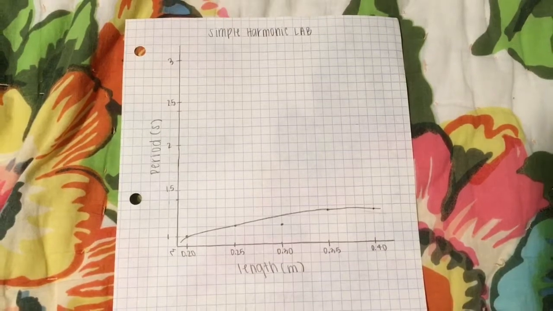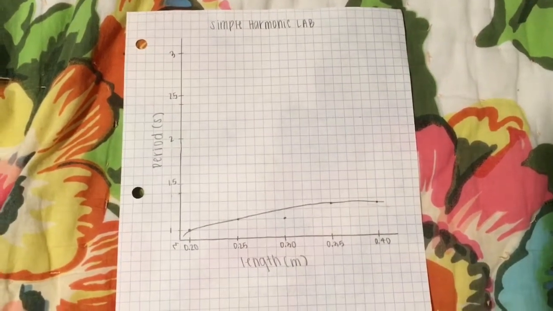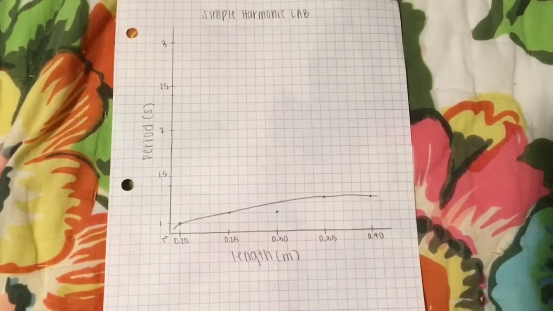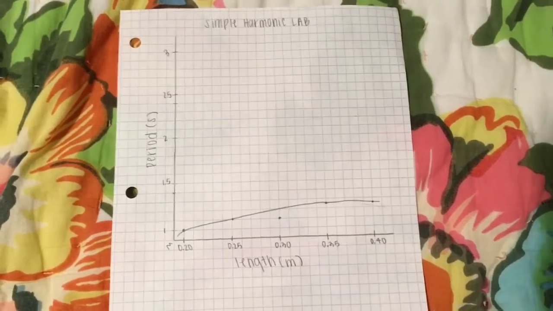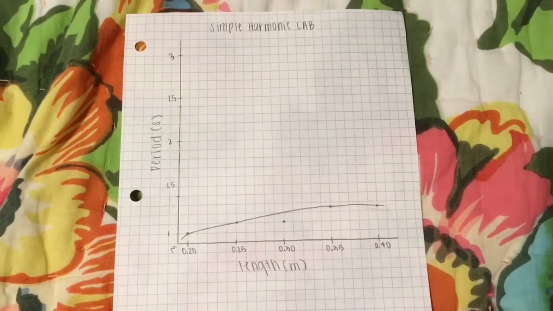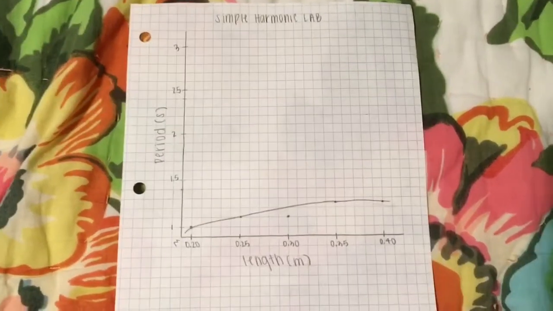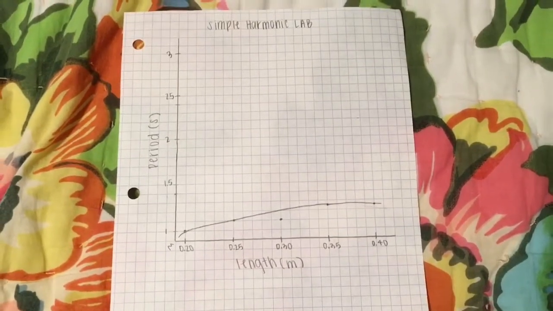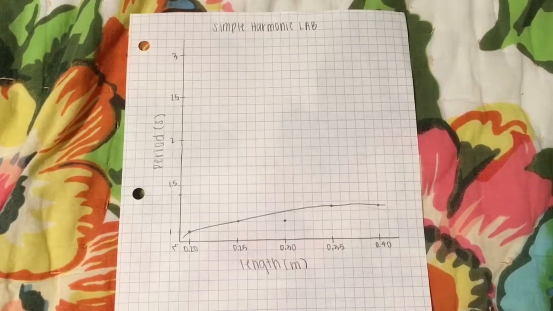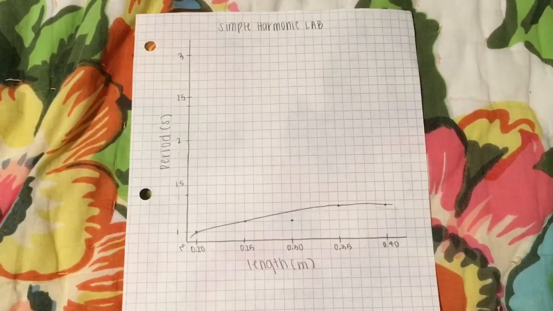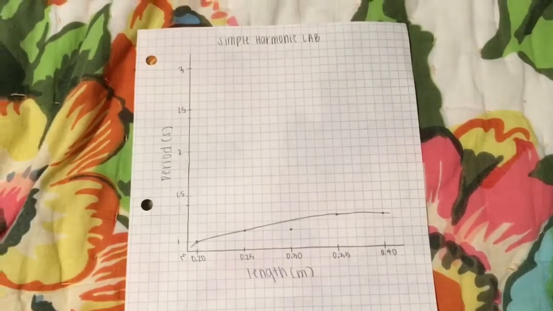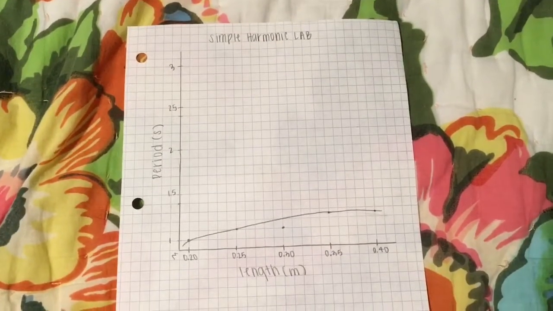The objective of the simple harmonic pendulum lab was to examine the relationship between length, mass, and period for different pendulums. We met the objective by putting a piece of string on a clamp which was on a stand. At the end of the string, we would attach a mass of 20 kilograms. We would then suspend the string